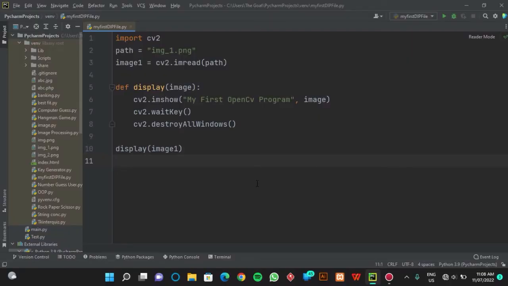Now after displaying the color properties of the image, the next topic is how we can change the color space of our desired image. So here I have an image variable, image1. I want to change this image1 into a grayscale format. For this I will declare a variable gray, which is equal to a method named